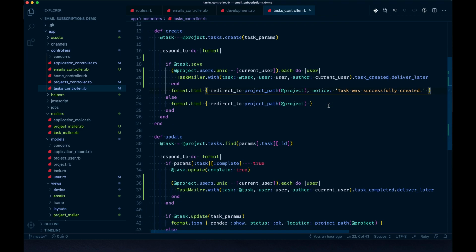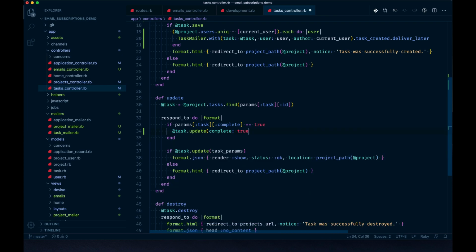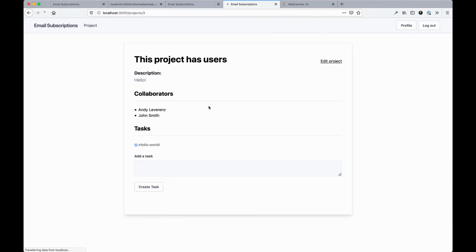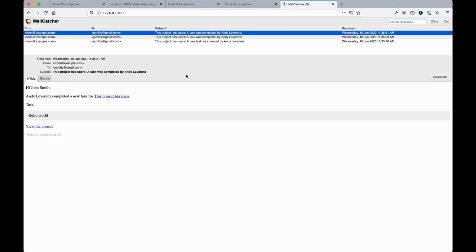Okay, it looks good. One thing I got you is first need to do this. I need to check first if the task is updated before running this. So we'll say that. Save that there. And try that again. There we go. Now we're getting the email. So first need to verify that it was saved. So that's good to go. And then what was the other one? Completed,